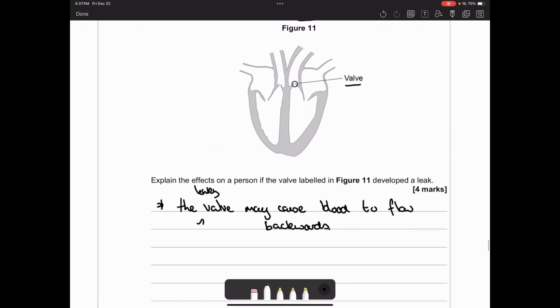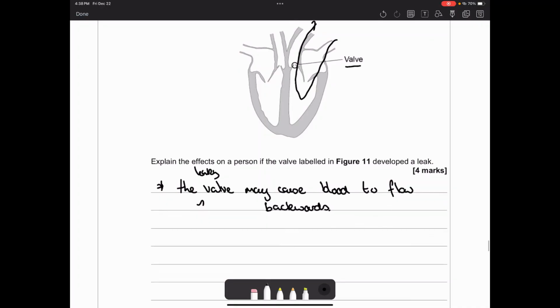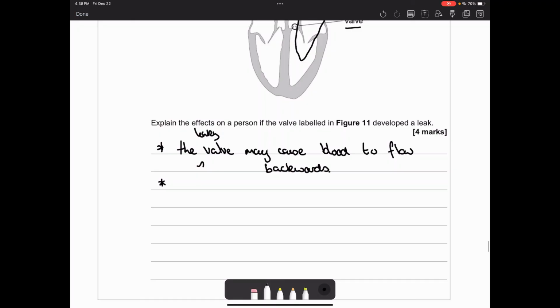Okay, now if we remember that this is our left side of the heart, so it's got all the oxygenated blood going round it, you've then got oxygenated blood flowing backwards into the heart. What does that then mean? Well, it means you've got less oxygen flowing around your body. So what I would then say is that because you've got the backflow of blood, okay, less oxygenated blood